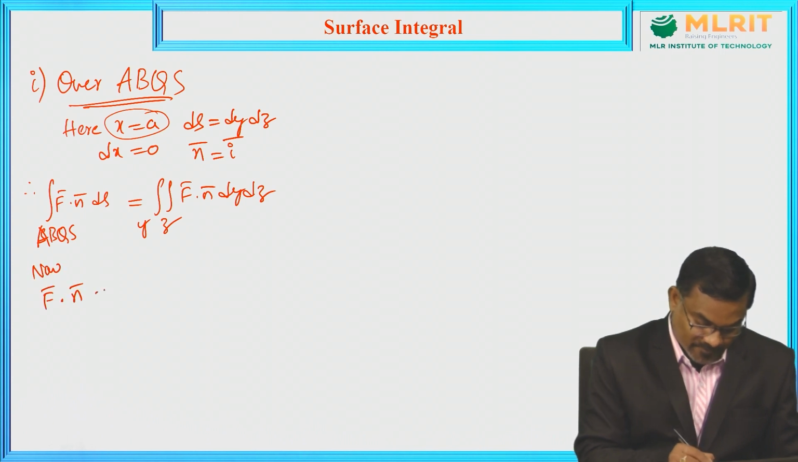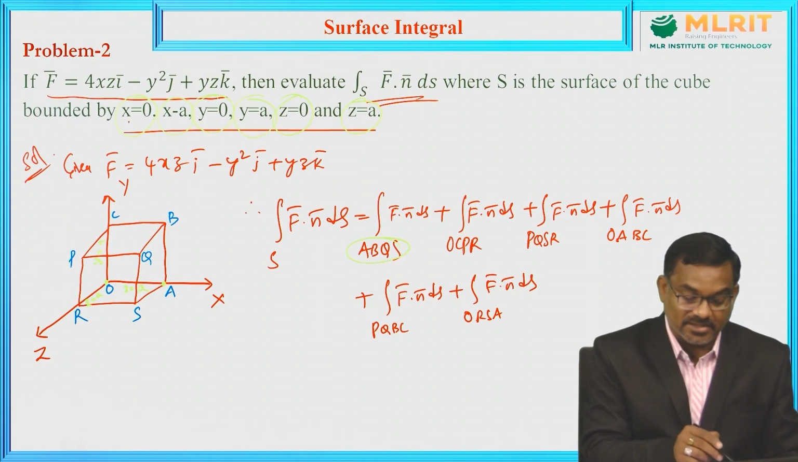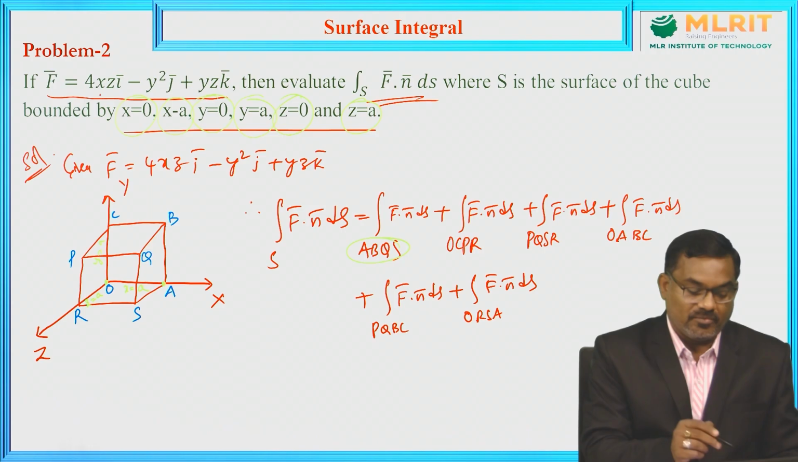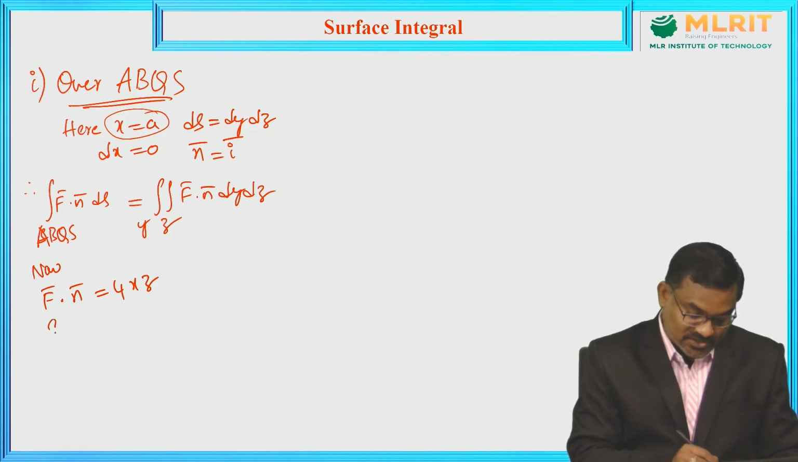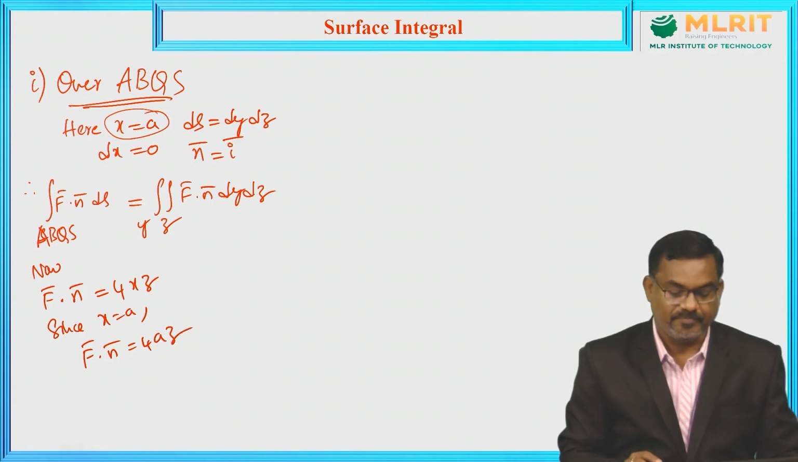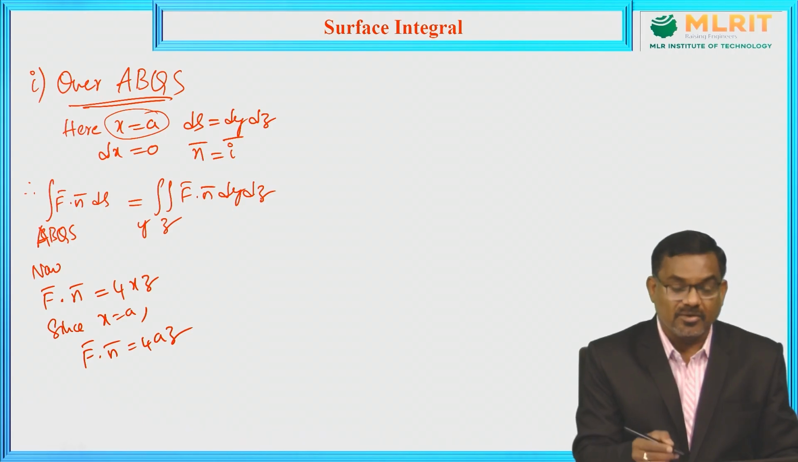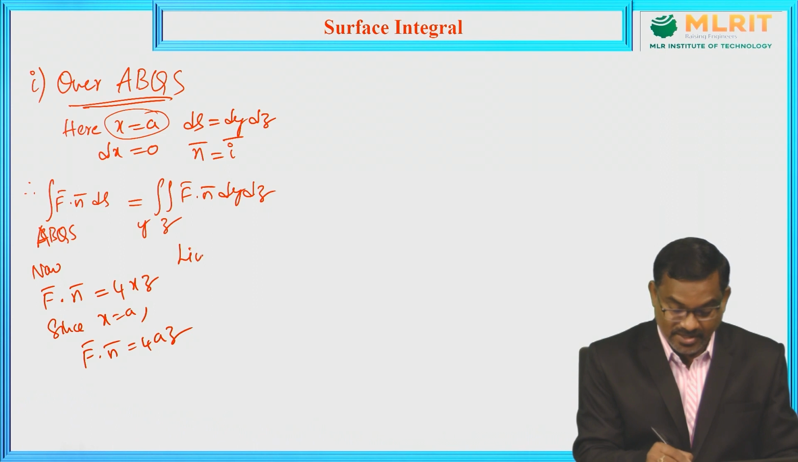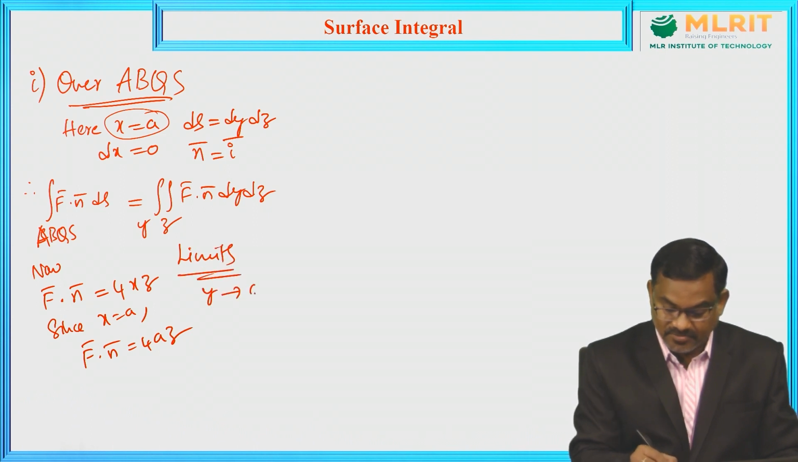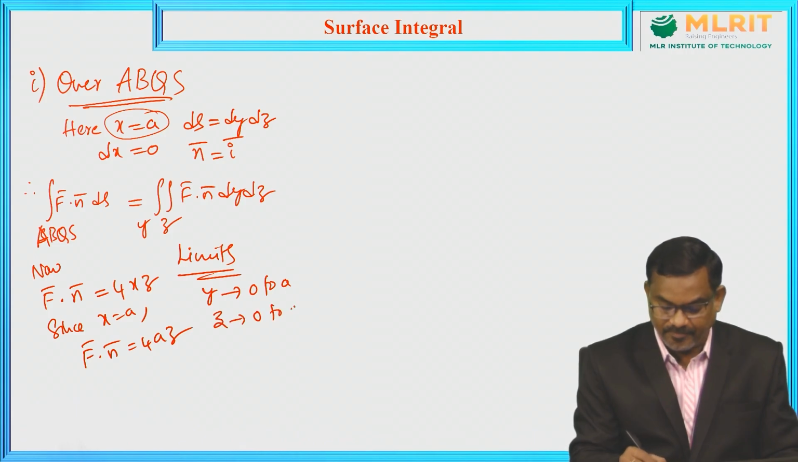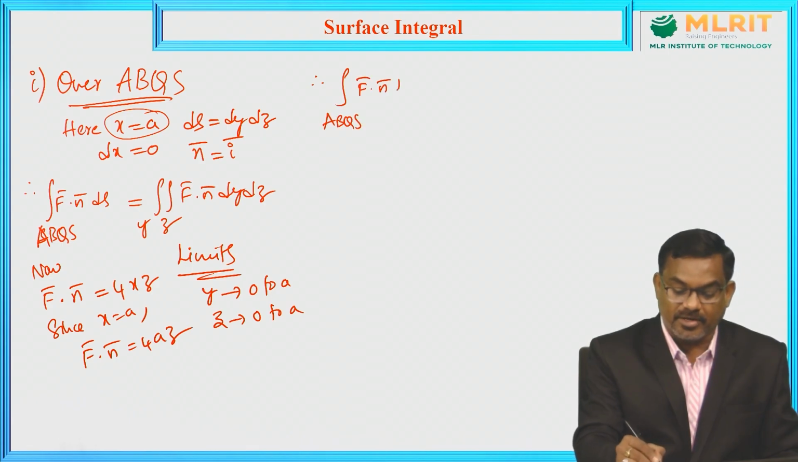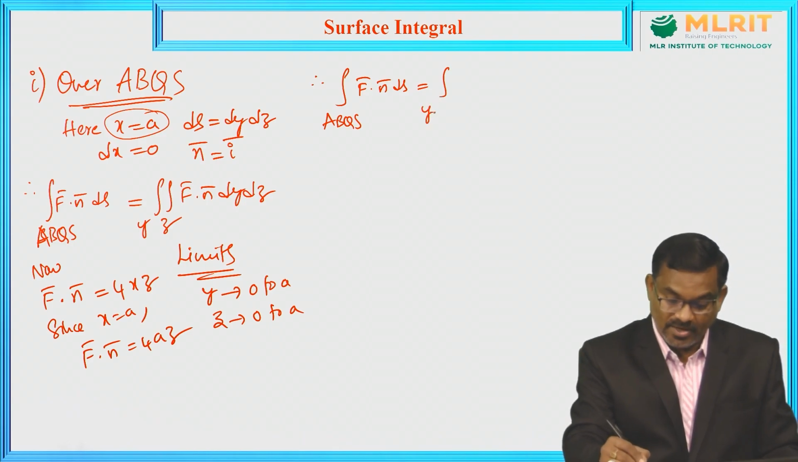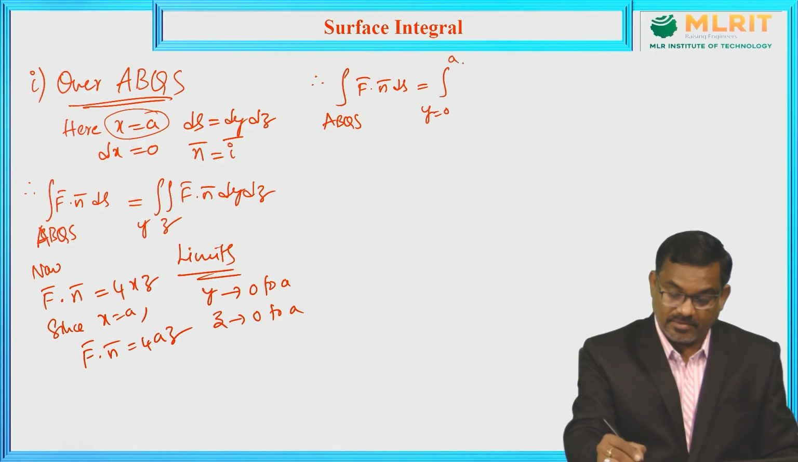What is f bar dot n bar? N bar is I bar. F bar is the given vector. So only 4xz comes, since I bar is 1, remaining are zeros. And here, since the value of x is a, f bar dot n bar is 4az. And we need to integrate with respect to y and z, and we need the limits of y and z. So y changes from 0 to a and z changes from 0 to a. That is given already. So over the face ABQS, the integral of f bar dot n bar ds is equal to y from 0 to a, z from 0 to a,